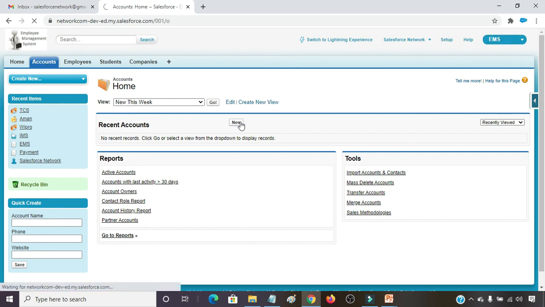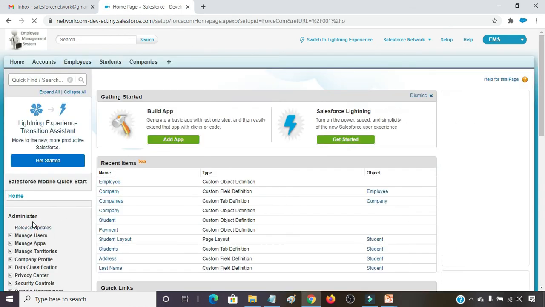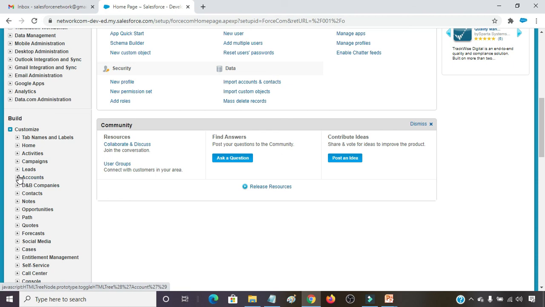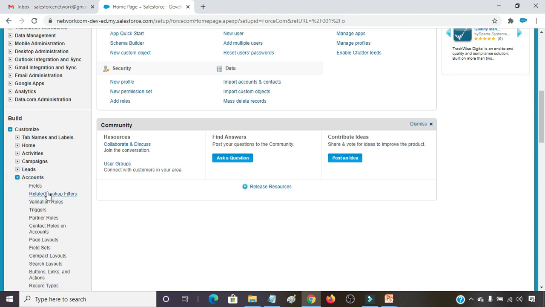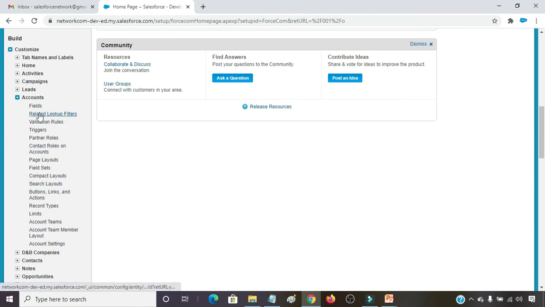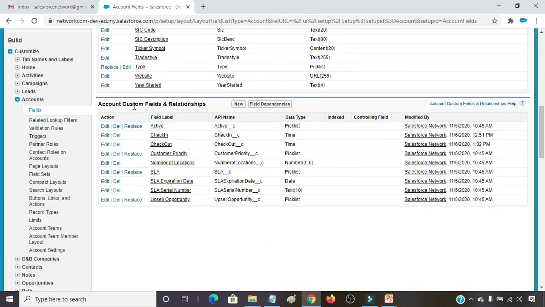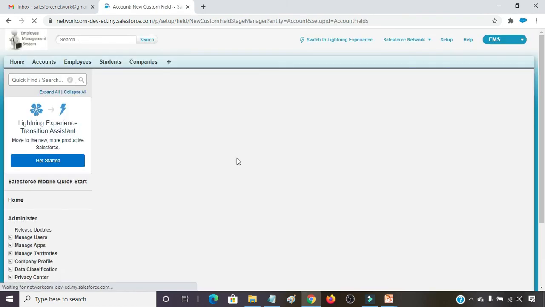For that I am going to click on the Setup button, click on Customize, click on Accounts. In Accounts, click on Fields. In Accounts, Custom Fields and Relationships, click on New.